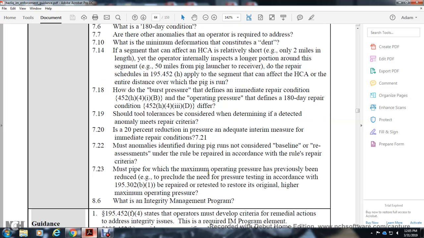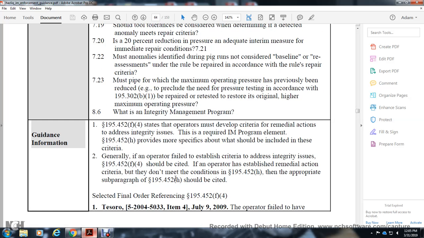723. Must the pipeline maximum operating pressure have been previously reduced to preclude the need of the pressure testing in accordance with 195.302 B1 be repaired with the retest for the restore of the original higher maximum operating pressure. Say 86, Integrity Management Program guidance information 195.452 F4 with the show the operator to develop the